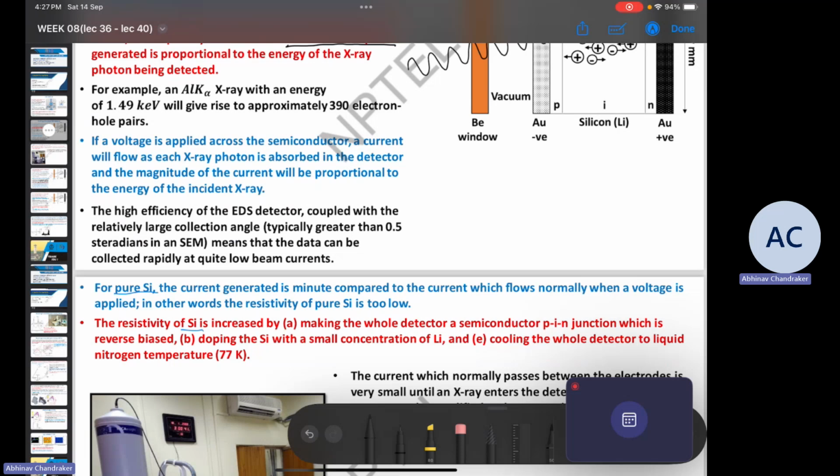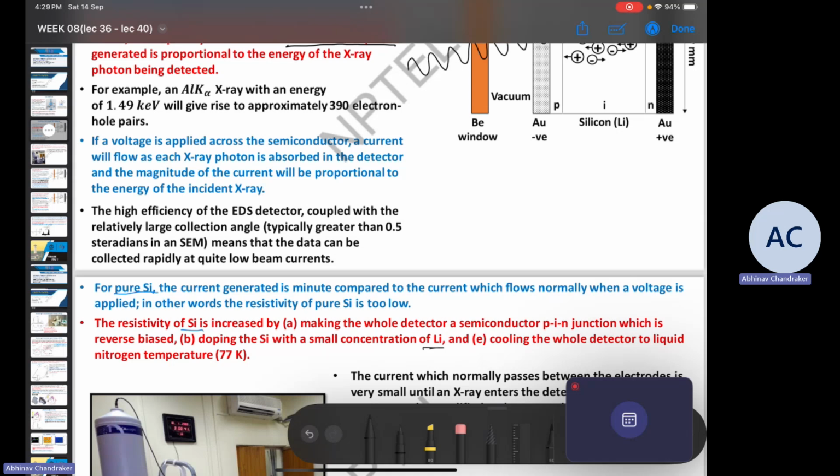By making the detector a PIN junction, which is reverse biased, so that the number of electron hole pairs that are generated will be changed. Doping with a small amount of Li, and third is cooling the detector to liquid nitrogen temperature. I think there might be a typo here, because all of these should be actually increasing the conductivity of it and reducing the resistivity. By doping with lithium,